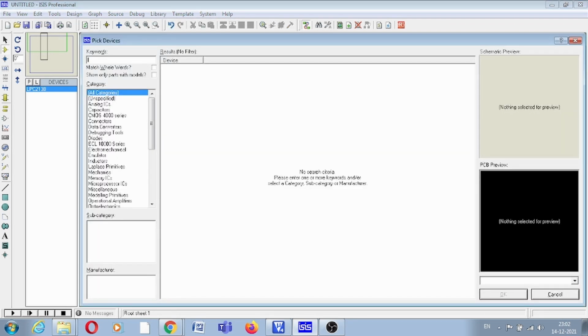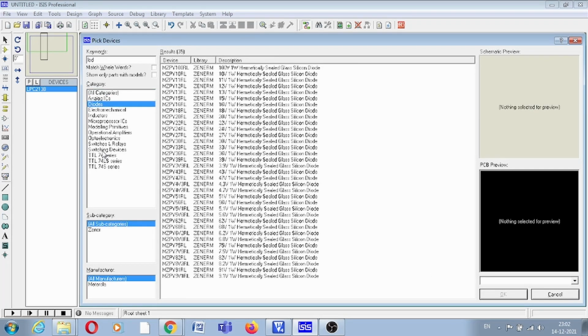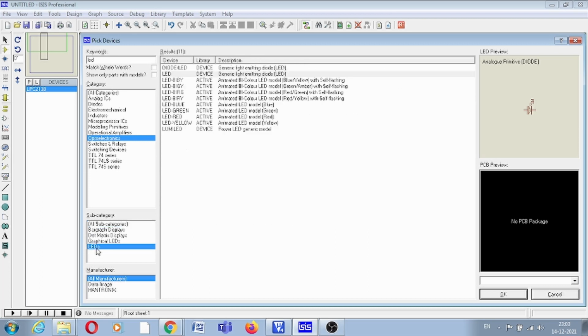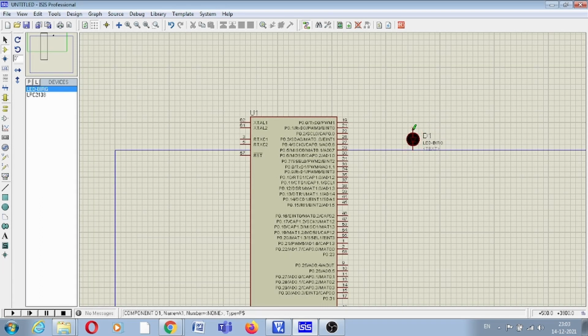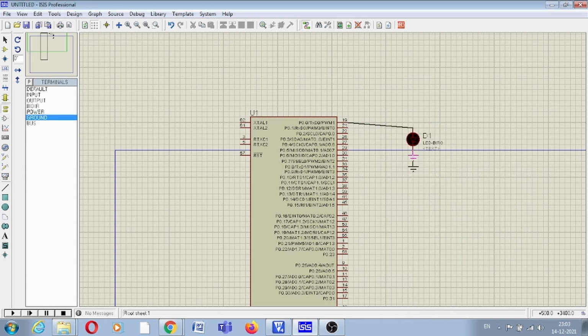So let us take an LED, and let us connect this LED with P0.0 and the second terminal with ground. This will be our circuit.